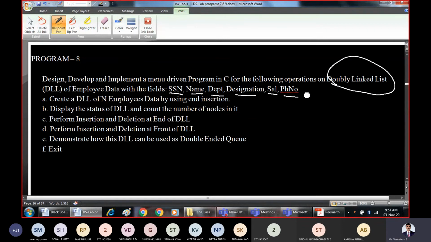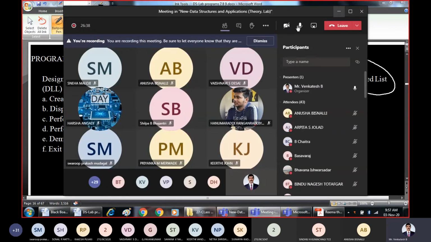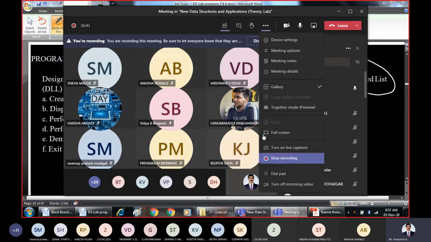The 7th lab program was about singly linked list. Whatever concepts were studied for the singly linked list in the 7th lab program and the 8th are the same, with not much difference. So where is the difference? The difference is only in the node part.